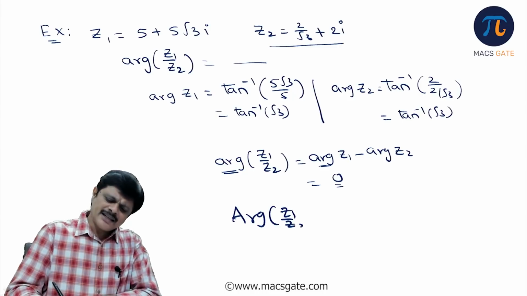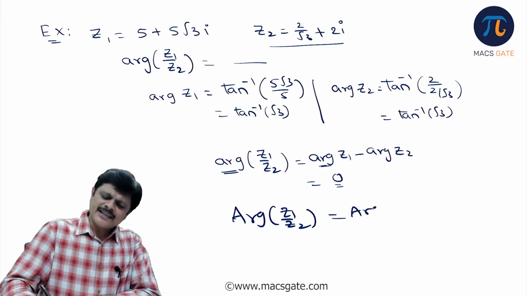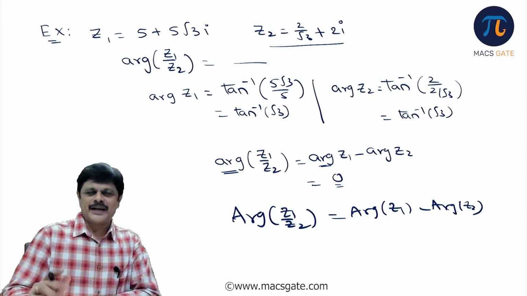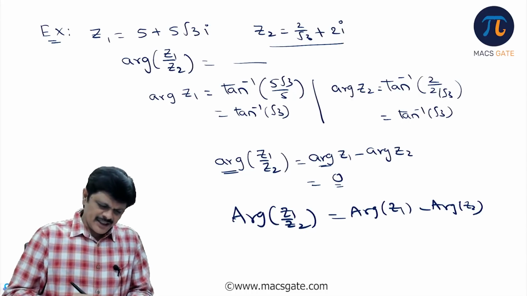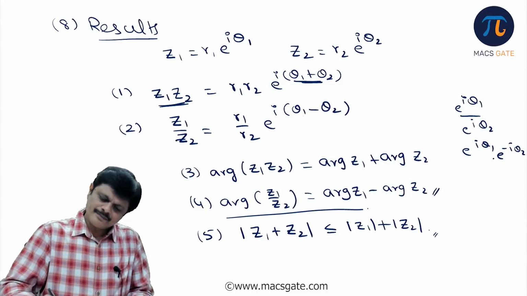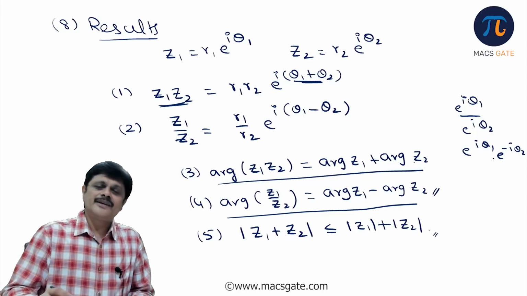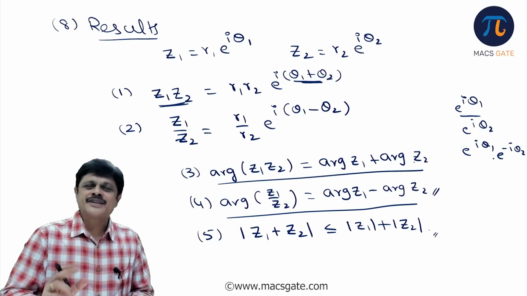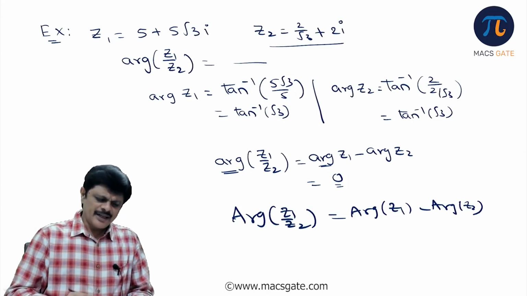So it is not necessary that it is satisfied. In this example, it is satisfied for the principal argument also, but it is not always. So you need to fix that idea. This particular rule which I have given is for the general argument. It need not be satisfied for the principal argument. This is a general idea, my dear friends.